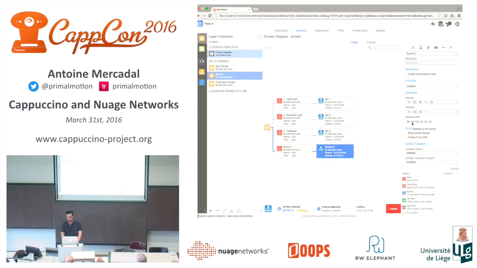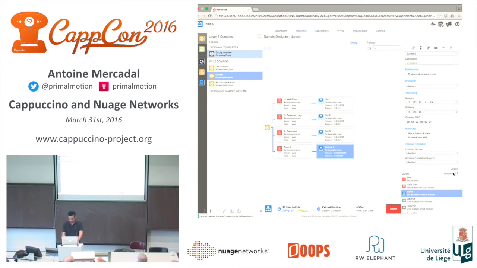And this is how you build your network. There are tons of options that I don't even know half of, what they're actually doing on the network part. But yeah, that's the way you build your network. So for instance, this tree view is displayed using our internal Cappuccino graph library, and it has some pretty cool